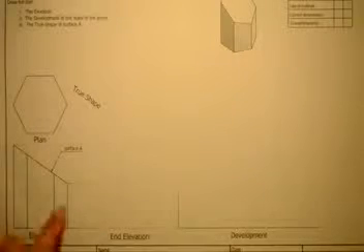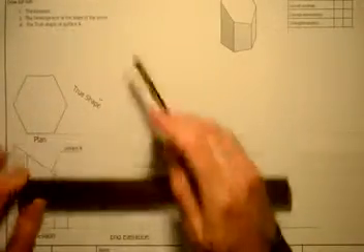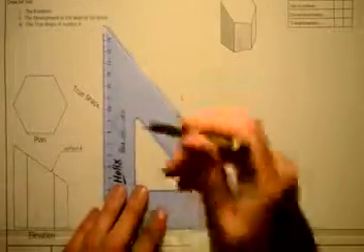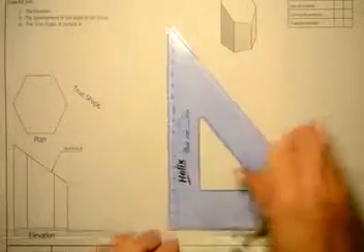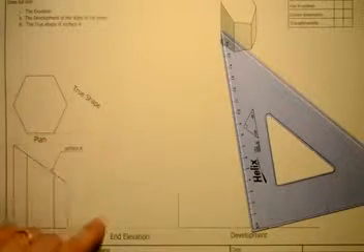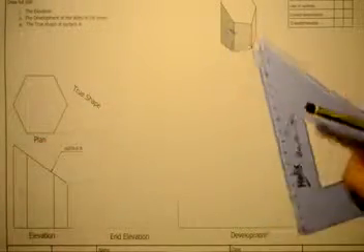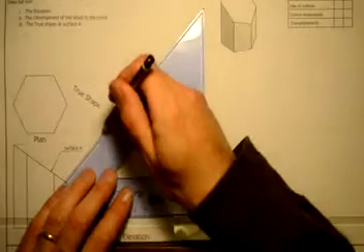It's orthographic projection, so we're going to do bounce lines here. So I'm going to extend this line here, and I'm going to extend this line here, and where they meet is a bounce line, because it's this side here that gets bounced round here. So that's the place where our bounce line is going to go. I'm going to do the bounce line in here,